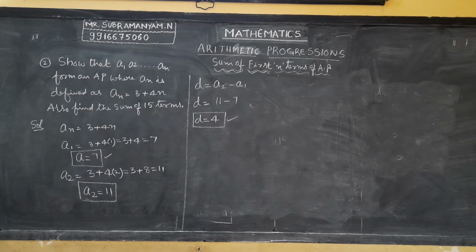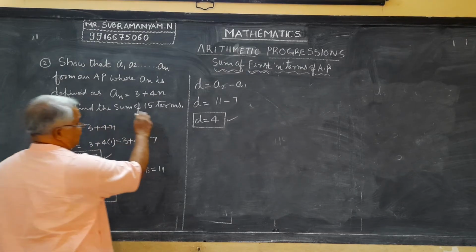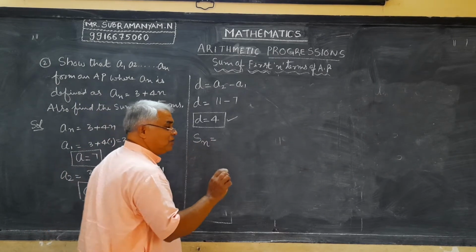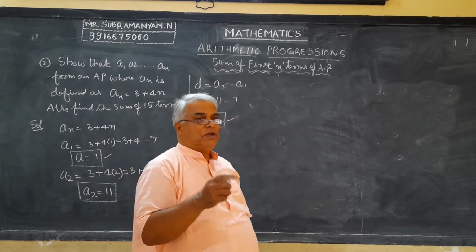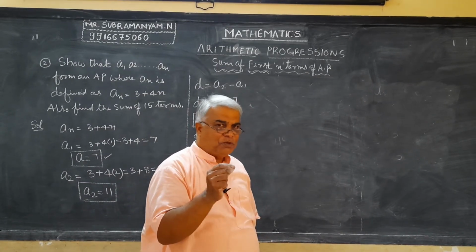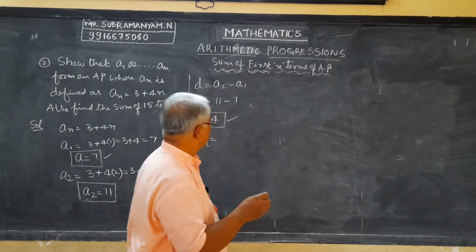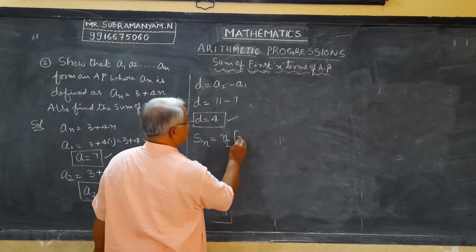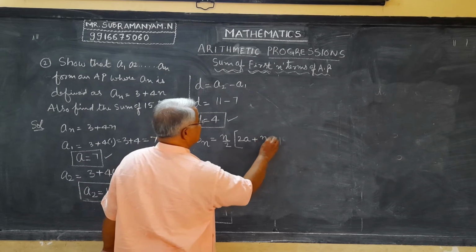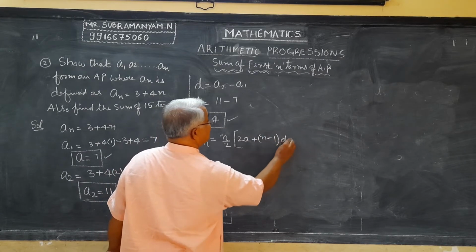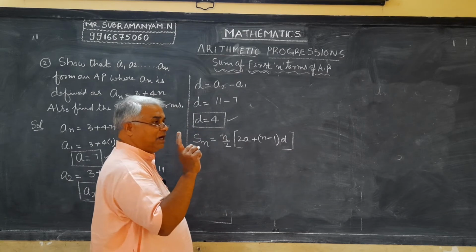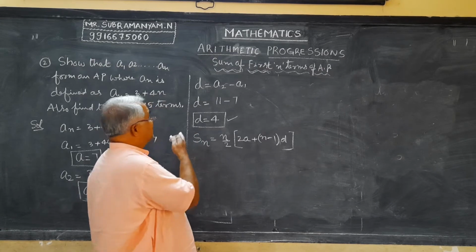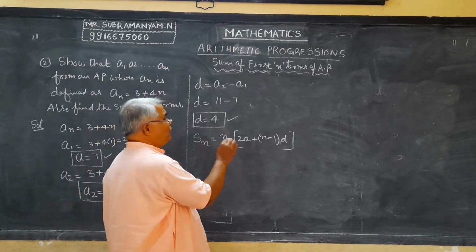Now, what they have given? Find the value of sum of 15 terms. That means Sn equal to, now children, we have learned 3 formulas. Among the 3 formulas, I am going to use only one formula. Why I am using that formula? That you should check it out now. Sn equal to n by 2 into 2a plus n minus 1 into d. Hope you have got. We cannot use second formula because that has L. They are not given last number and it is not natural number. Therefore, we use this formula.